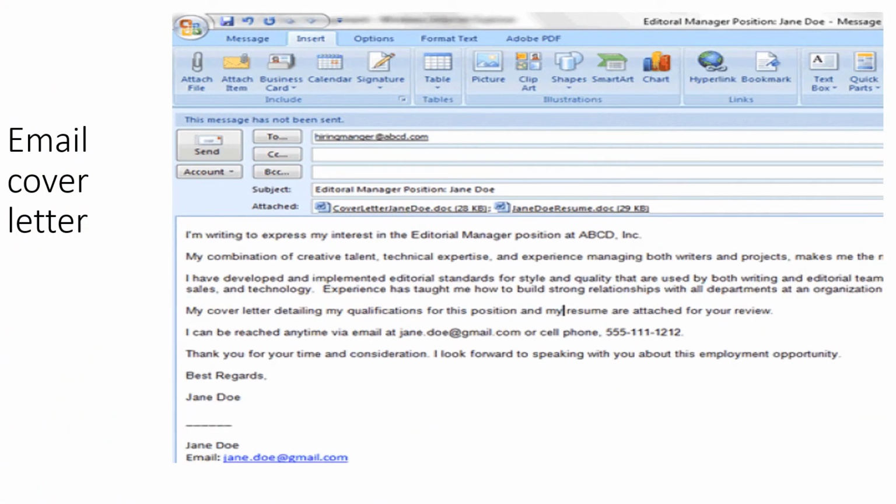Example of an email cover letter. All right, similar to the previous one, to the email of the employer, hiring manager and so on, and the subject: editorial manager position, Jane Doe. So the difference is that this applicant just put the job's name or the position's name specifically, and then her name, and she also attached the cover letter and the resume, maybe because she is a fresh graduate.